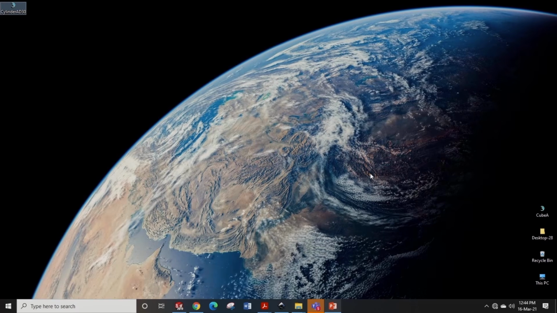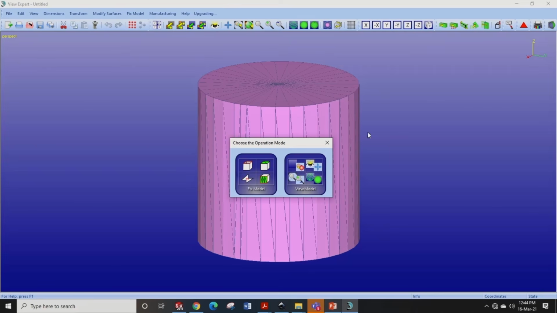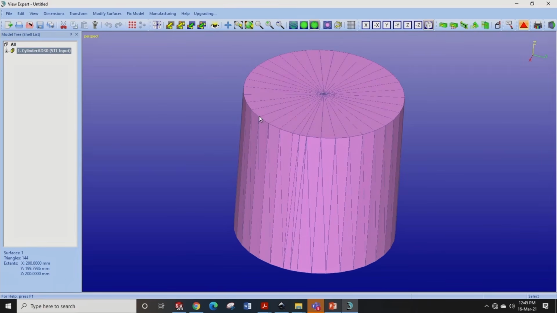So this is the CAD model of a cylinder, and you can see, like I said, each triangle on the top making two triangles on the periphery. You can observe that carefully.